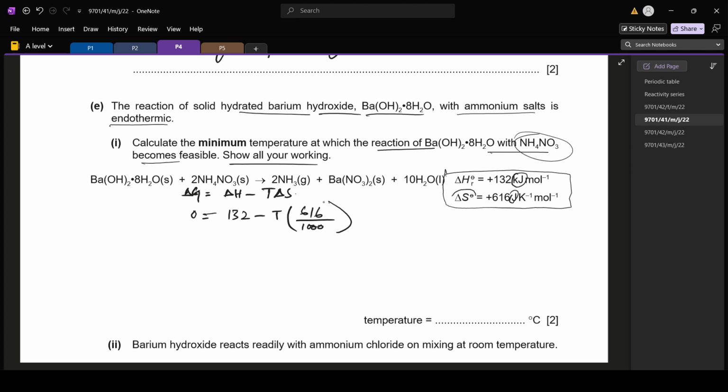Let's shift the negative sign to the other side. So T is equal to 616 divided by 1000, which is equal to 132. From here you will calculate the value of T, which is going to be